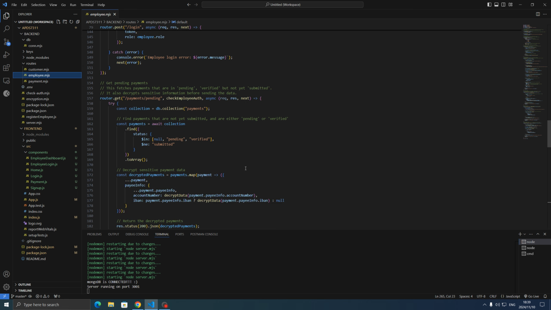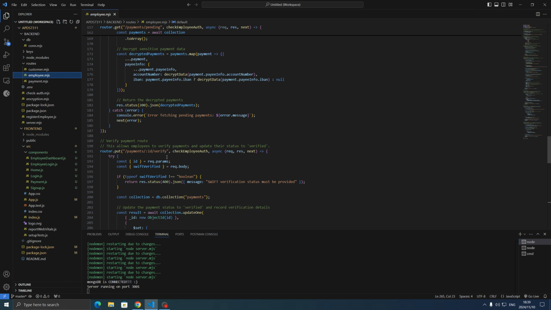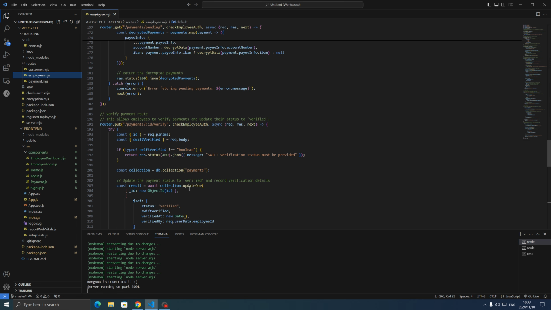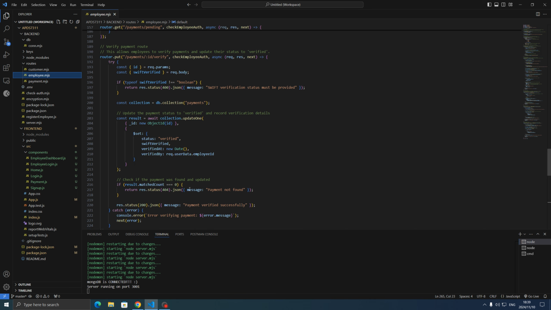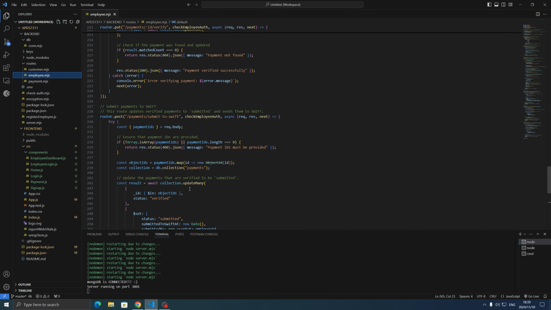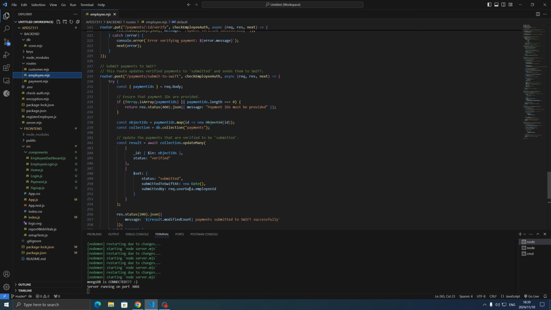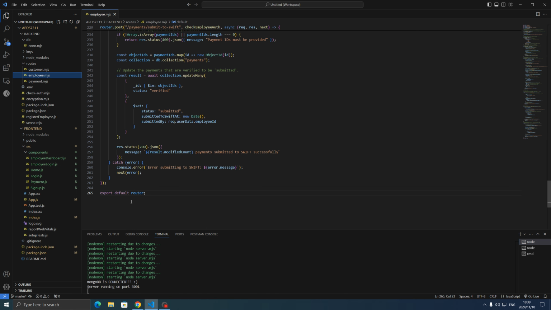So here we have pending, and here we can see that you can verify. Any payment that is pending, they can verify those payments to make sure that they are correct. And then lastly on here you can see that they're able to submit to Swift. So once they click verify and actually have verified the payment, they're able to submit it to Swift. Okay, so then as you can see here we have the